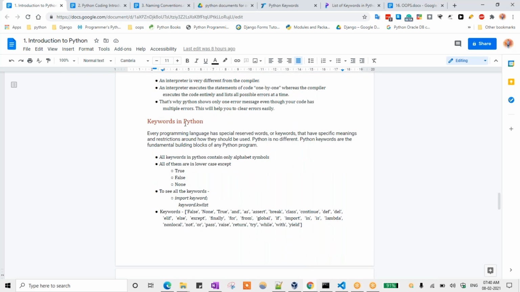Next is keywords in Python. What is meant by keywords? In every programming language there are keywords, which have some inbuilt function, so we cannot use those keywords as variables. For example, how do we check what the keywords in Python are?